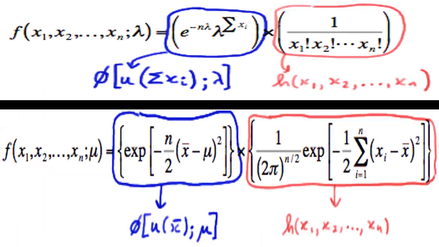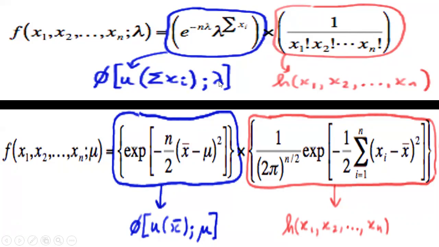The joint sufficient statistic for the Poisson distribution is given in the example in the slide, that is f of x1, x2 up to xn, lambda, which will be equal to e to the power minus n lambda, lambda to the power sum of xi, times 1 over x1 factorial, x2 factorial up to xn factorial. We take this as h of x1, x2 up to xn,